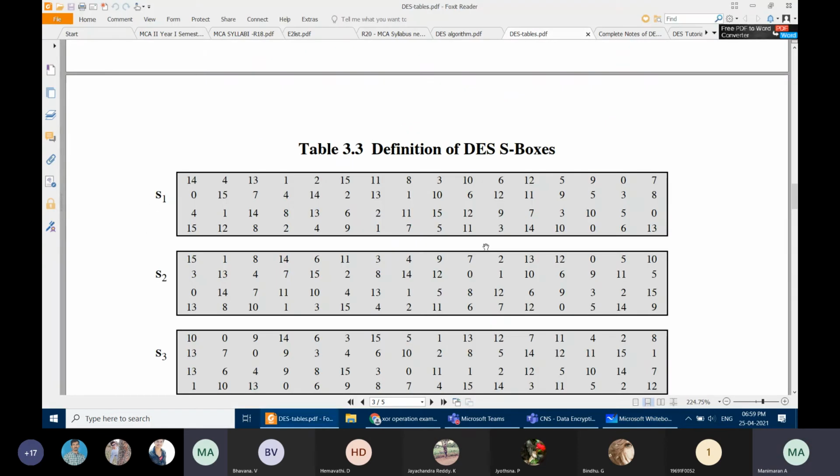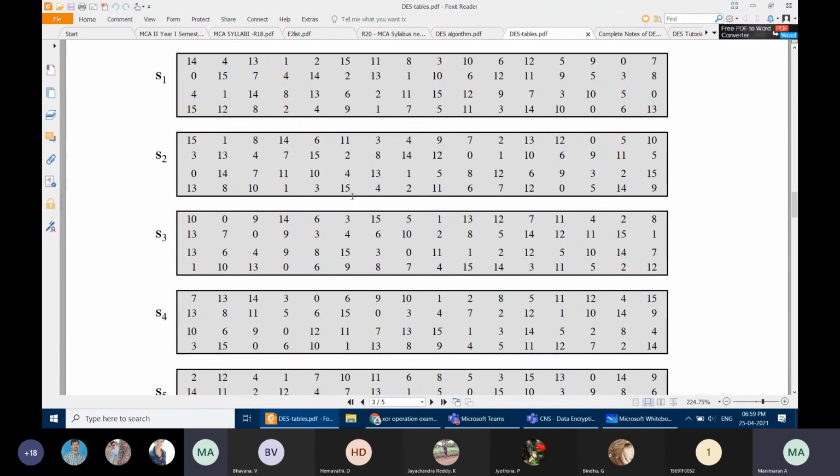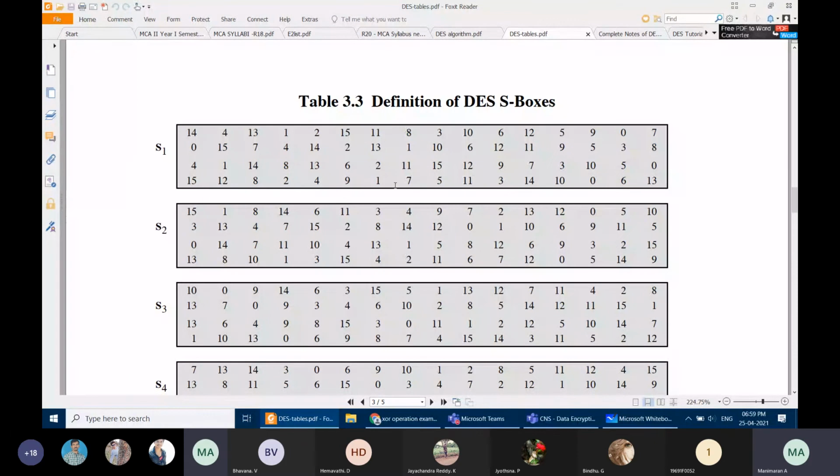If you see the table S1 substitution box table, first table, can you find any of the value more than 16? Check it. You cannot find the value more than 15 because we are starting from 0. 0 to 15 only are there in every box. You see any box, S1, S2, S3, S4, all 8 boxes, we have the value only between 0 to 15.